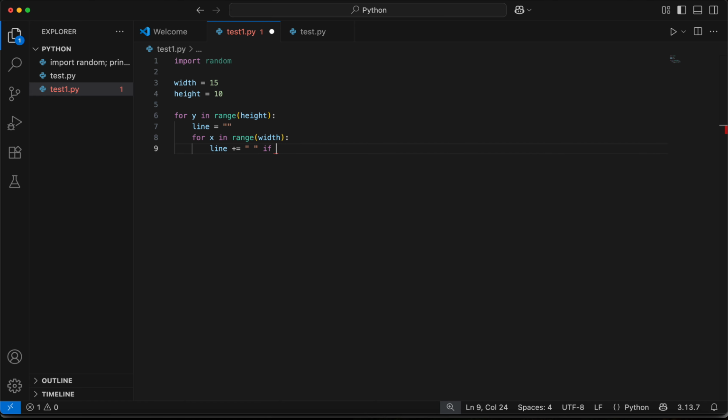and write if random dot random is greater than 0.5, else we just write, for example, let's write a random number, for example 0. It will make the maze out of zeros. So and then we just write